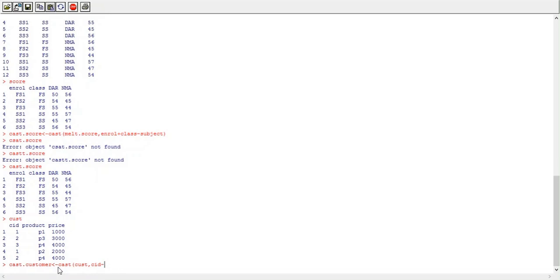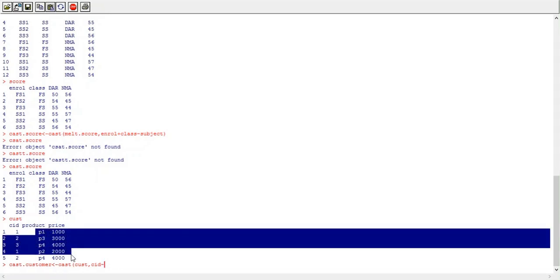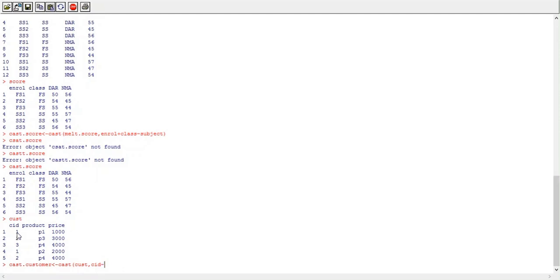And what is my variable column? My variable columns are product and price, because here there are different values for a single entity. Product has two different values, price also has two different values. So I am mapping customer ID to product.